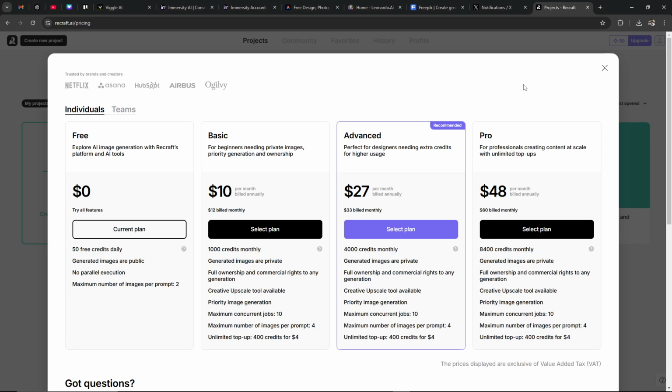It'll do the same thing, and you can see here that then it'll bring you to the subscription page, and you have a variety of options here to choose from. Depending on what plan you currently are on, you can go ahead and click select plan on any of those,